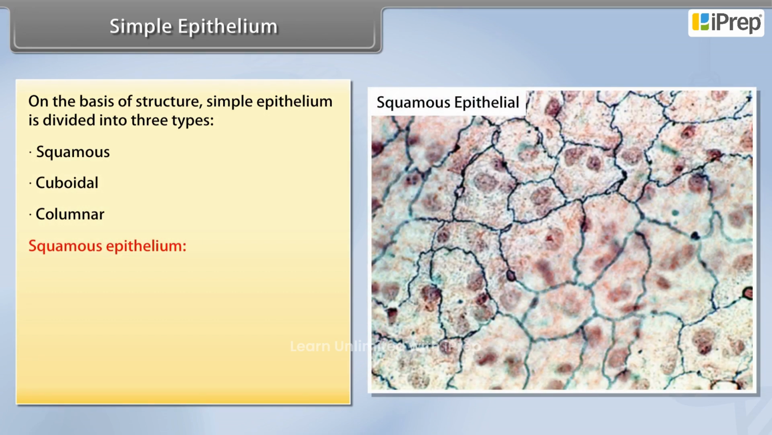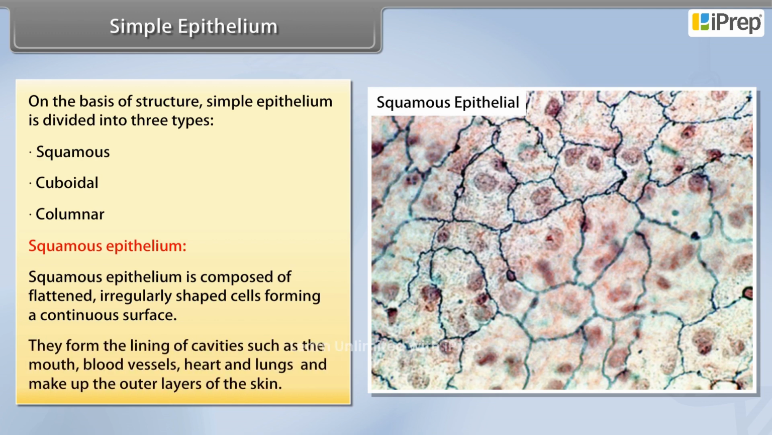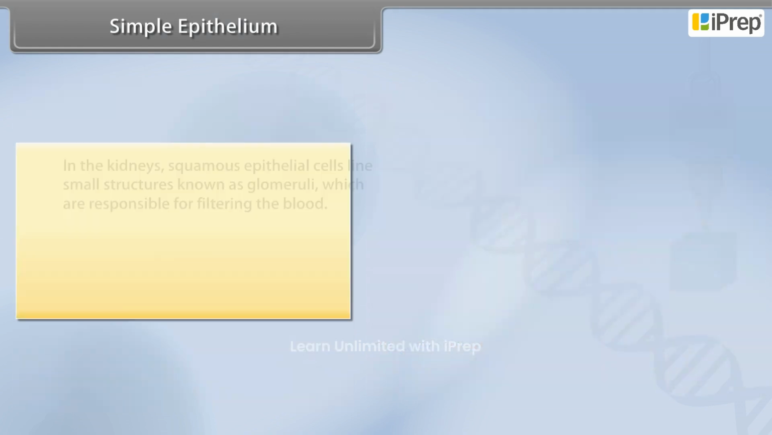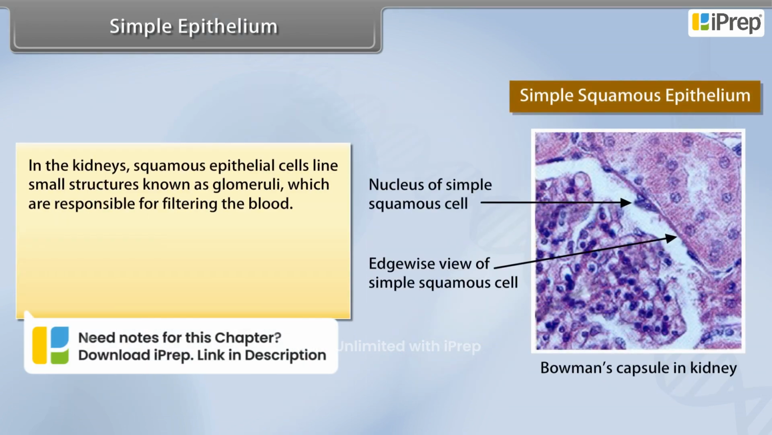Squamous epithelium. Squamous epithelium is composed of flattened, irregularly shaped cells forming a continuous surface. They form the lining of cavities such as the mouth, blood vessels, heart and lungs, and make up the outer layers of the skin. In the kidneys, squamous epithelial cells line small structures known as glomeruli, which are responsible for